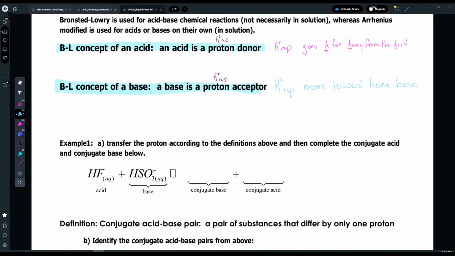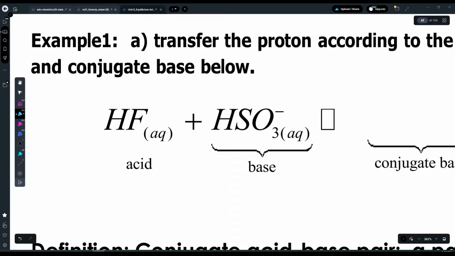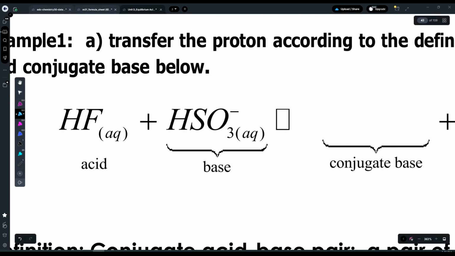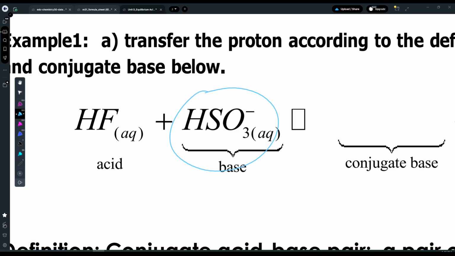So for our first example here, we have transfer the proton according to the definitions above, then complete the conjugate acid and conjugate base below. All right, so we're starting off with hydrofluoric acid here as obviously our acid, and our base is hydrogen sulfite ions. So if you're wondering how I know the name of some of these here,